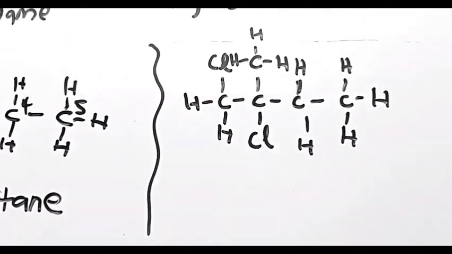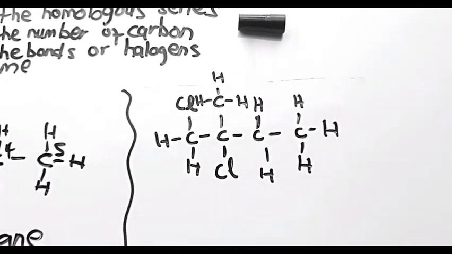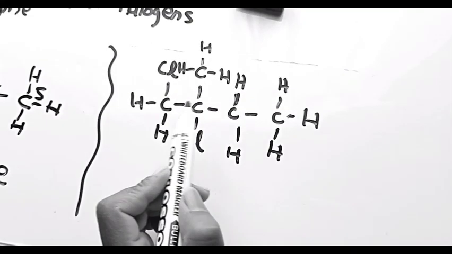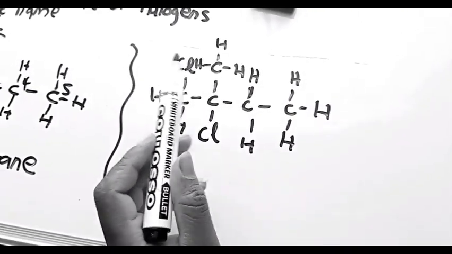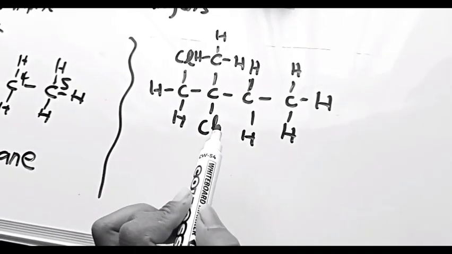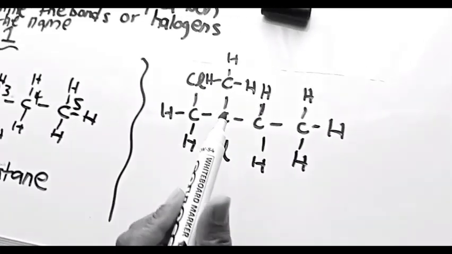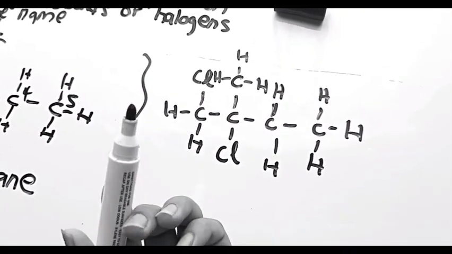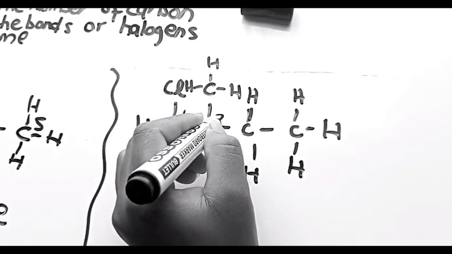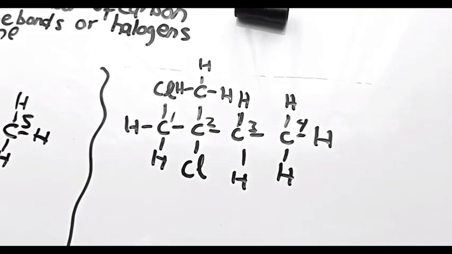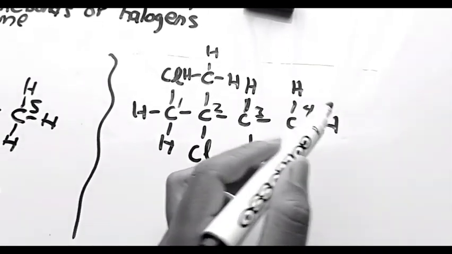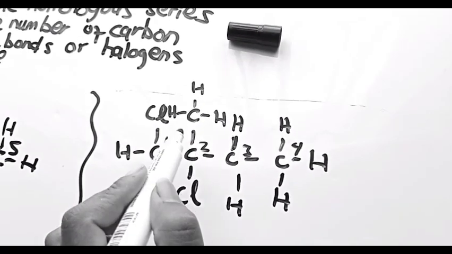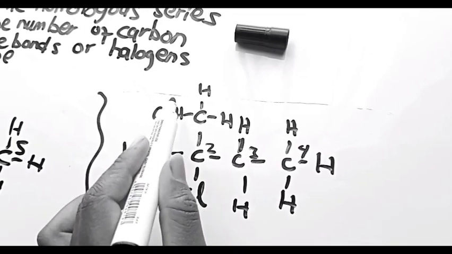So coming to example 2, we have to find the longest main chain. So the longest main chain is 1, 2, 3, 4. Please do not confuse this chlorine as your carbons. So we have 1, 2, 3, 4. So you can write it as 1, 2, 3, 4. Right? This is your longest main chain. Just know that you have a branch, and also you have other branches which are